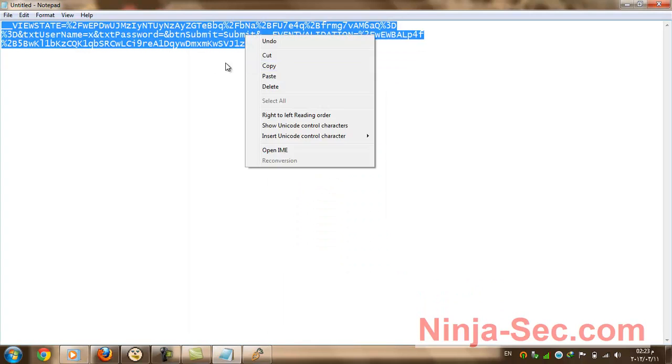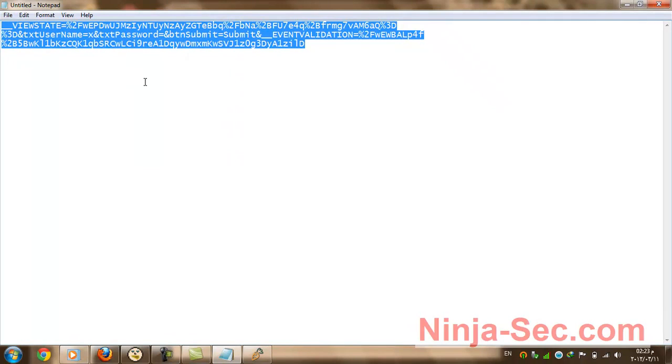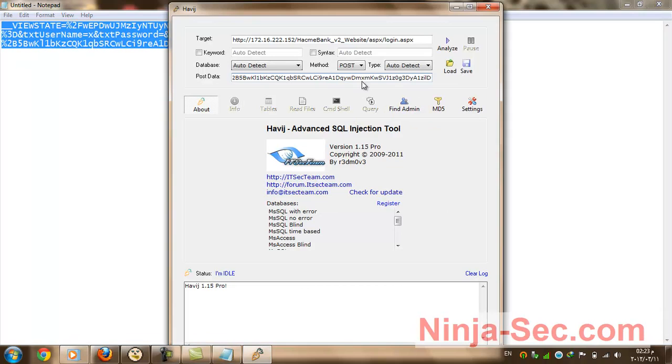This one, copy, paste. You can use your keyboard to go to text username. Here's text password, here's text username, and you can see there's an X. Okay, so we will tell Havij to inject only into a username field or parameter and ignore all